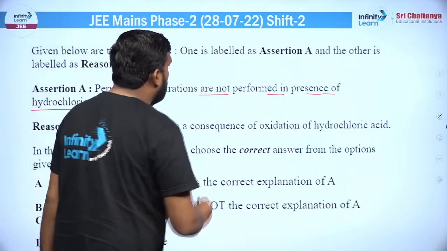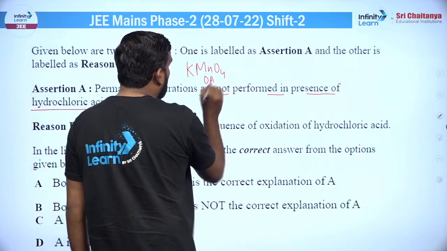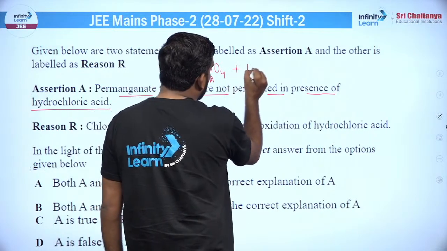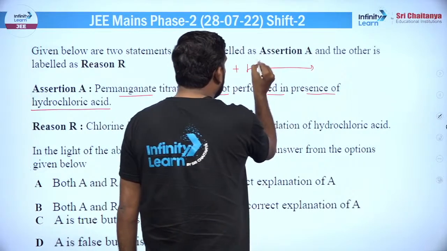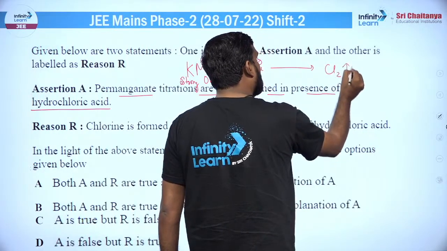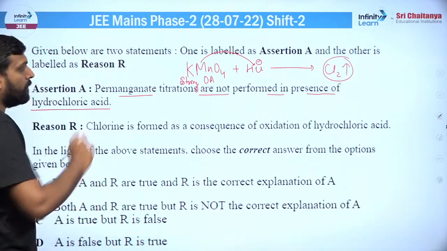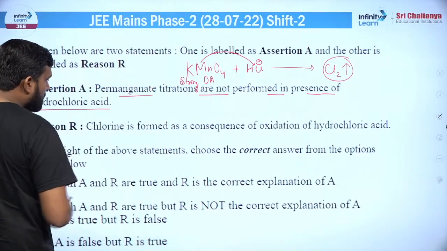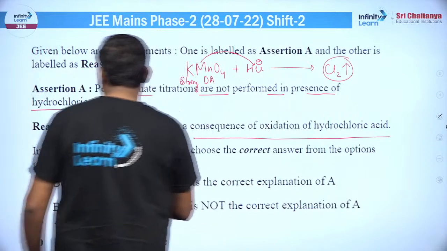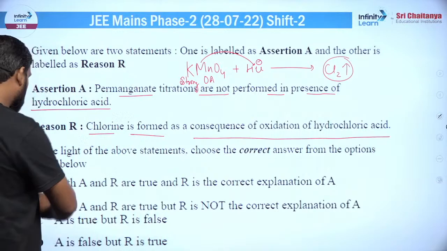एसिड। प्रॉब्लम है, क्या प्रॉब्लम है कि जो KMnO4 है ये बहुत ही ज़्यादा स्ट्रॉन्ग ऑक्सीडाइजिंग एजेंट होता है, ठीक है। और ये स्ट्रॉन्ग ऑक्सीडाइजिंग एजेंट्स क्या करते हैं ज़रा समझना, ठीक है। जैसे ही आप HCl से रिएक्शन कराओगे, यहाँ पे Cl- को ये ऑक्सीडाइज करके Cl2 में कन्वर्ट कर देता है। ये इसकी एक बहुत बड़ी प्रॉब्लम है। साथ में MnCl2 वगैरह भी मिलता है बाई प्रोडक्ट। रीजन देखते हैं, क्लोरीन इज फॉर्म्ड एज द कॉन्सिक्वेंस ऑफ द ऑक्सीडेशन ऑफ, बिल्कुल सही है, ये भी यही तो बताया था मैंने रीजन की, कॉन्सिक्वेंसली आपको Cl2 मिल जाता है, ठीक है।